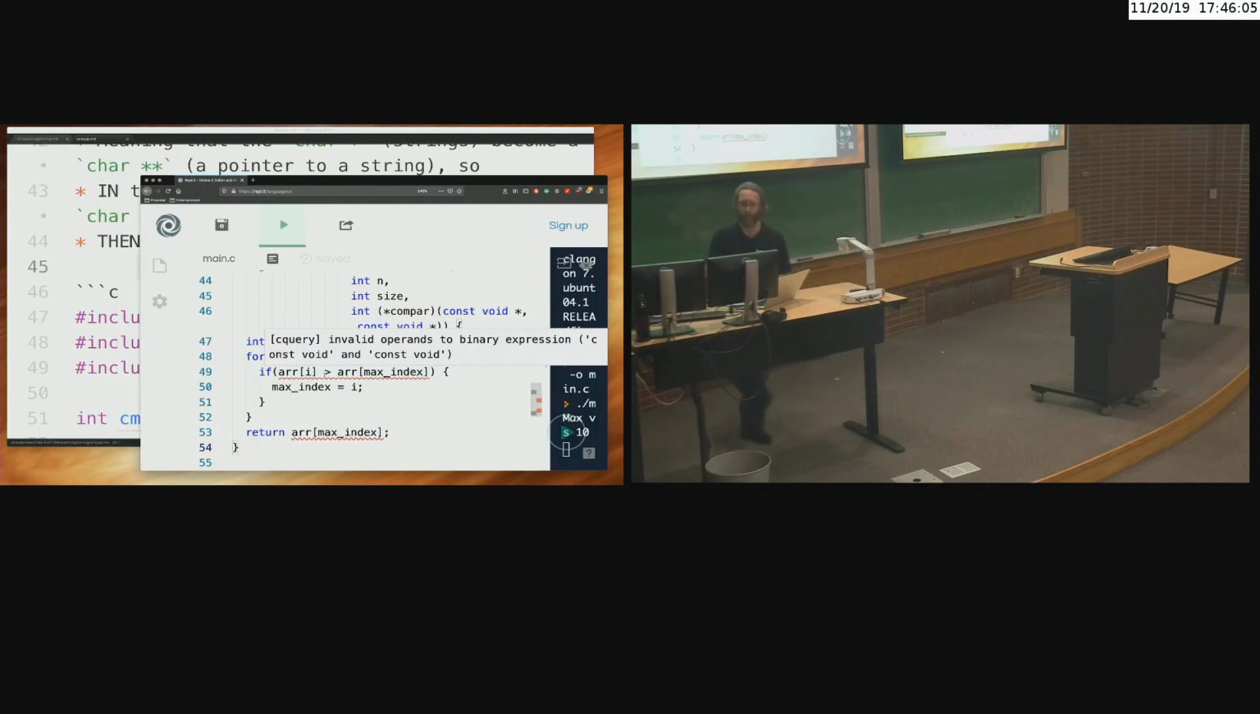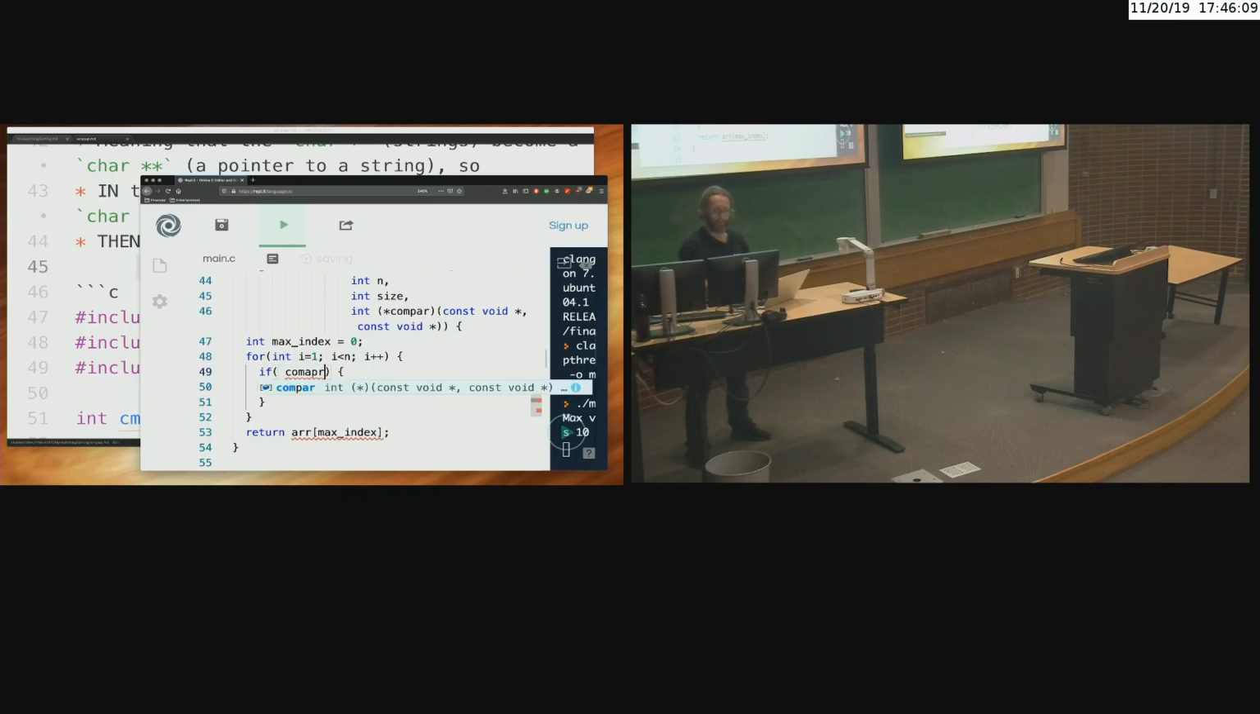Okay? So I need to ask the comparator about two values, A and B, and we'll come back and fill those in. If it's greater than 0, what does that mean? A and B, they're out of order. So is A bigger or is B bigger? They're out of order, so which one is bigger? A. And so A,